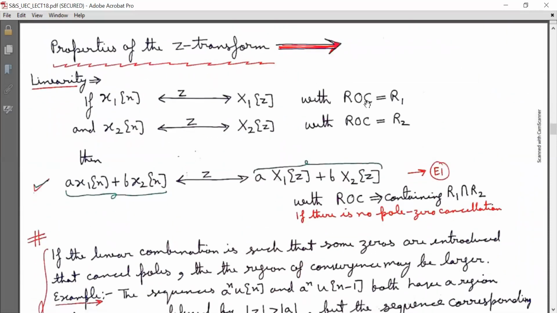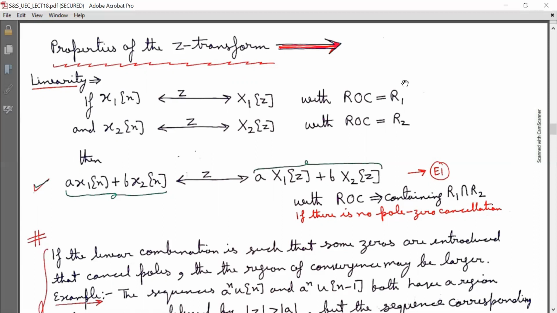Now we will discuss the properties of Z transform. The first property is linearity. If x1[n] is a sequence, then its Z transform is X1(z), with ROC equal to R1. And if x2[n] is a discrete time sequence, and its Z transform is X2(z), where ROC is equal to R2, then if there is a third sequence x3[n] that is equal to a x1[n] plus